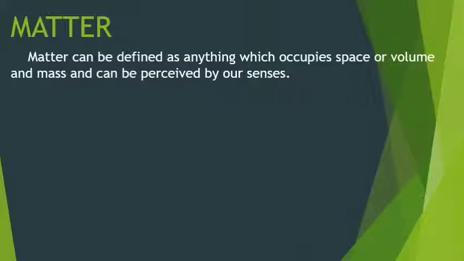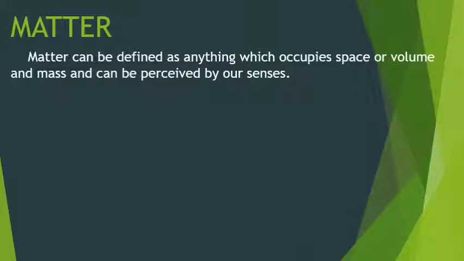For example, light. If you see light, you can say that it can occupy space but it does not have mass. You can say a thing is matter whenever it possesses both the characteristics, space and mass. If either of these characteristics is missing, then it is not considered to be matter. So now you can say that light is not matter. Likewise, heat and electricity have space but they do not possess mass. So you can say that heat, light and electricity are not matter.